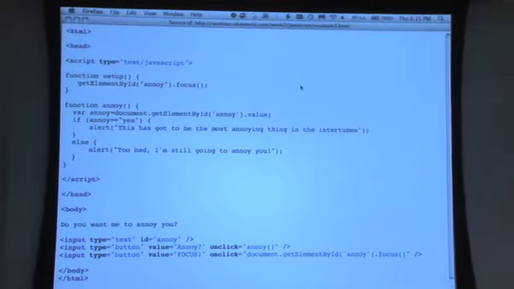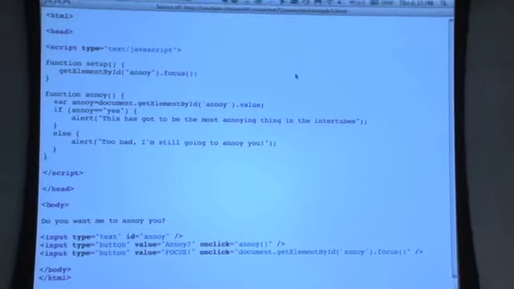Yes? I noticed in your JavaScript you don't have any of that CDATA bracket stuff. Can you just